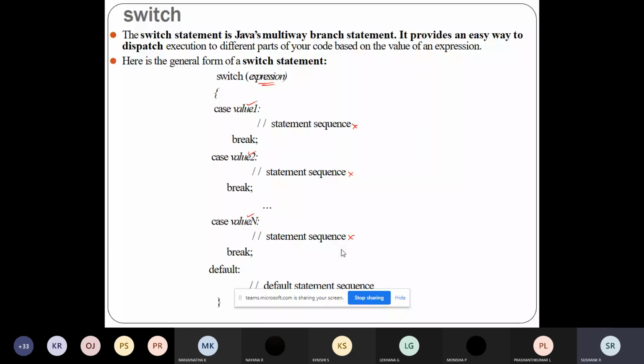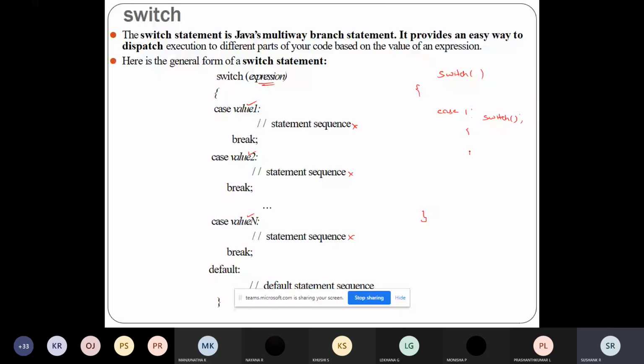Now, what does nested switch statement mean? We have one switch statement, and this is the syntax for the switch. Within the switch statement, for some cases like case one, you're using one more switch statement. So this is the nested switch.